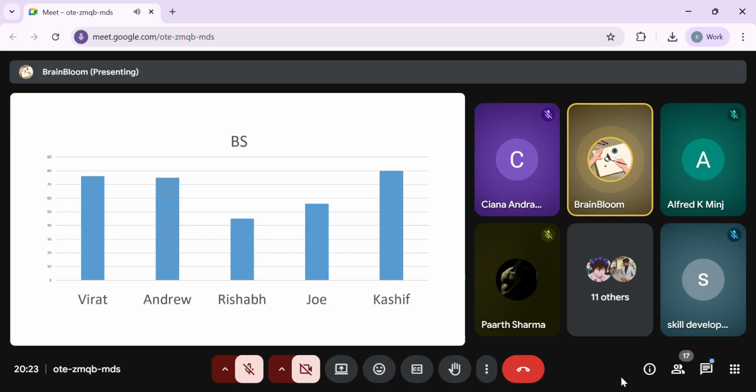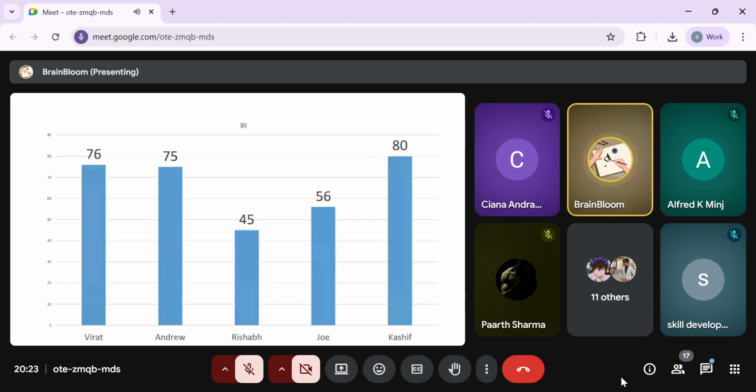Our next question might come: what is the exact score that has been obtained by the students that you were talking about, Virat, Andrew, and all? So to be very specific, that is why I included this score. So you can just explain. As you can see, Virat has scored 76, Andrew 75, Rishabh 45, Joe maybe 56, and Kasim is 80. So it was a kind of